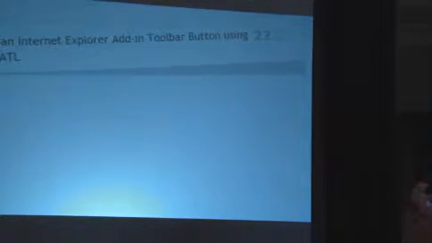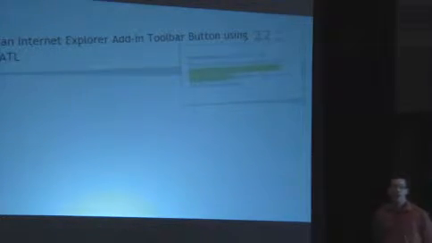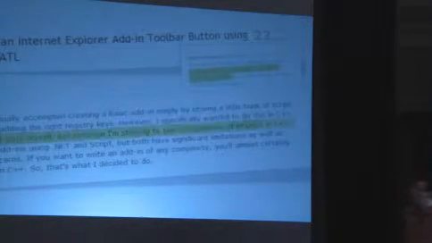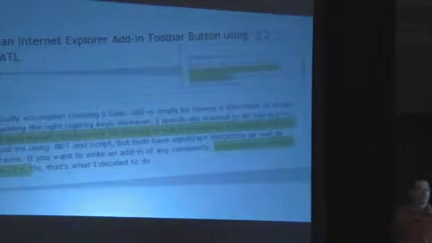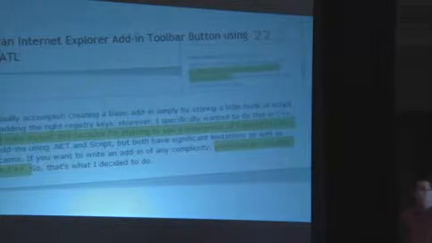I noticed this on the intertubes recently, and again I'm just pulling anecdotal evidence because there are many of these that fly by, but just to illustrate. So here's a code on Microsoft's MSDN site about creating an IE add-in using C++ and ATL. What's interesting is that this was written by a managed guy who spends all his time doing WPF and C# and those kinds of things in Silverlight, and that it was written in the past year. This was not something written back in 2002.